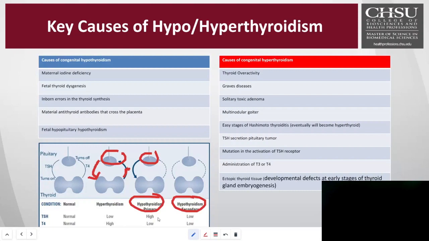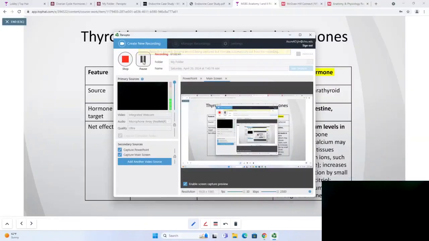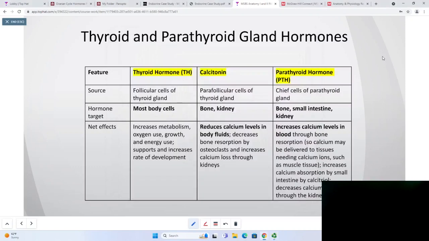Okay, let's pause it there real quick. We'll take a quick break. We'll come back, and then we'll finish up on a few more slides here, and I'll get into some of